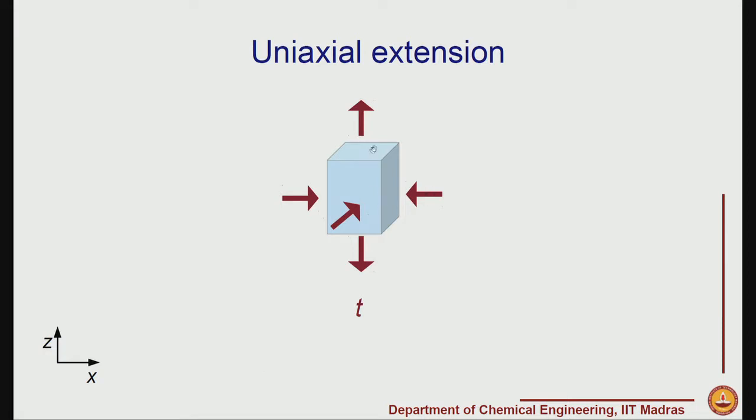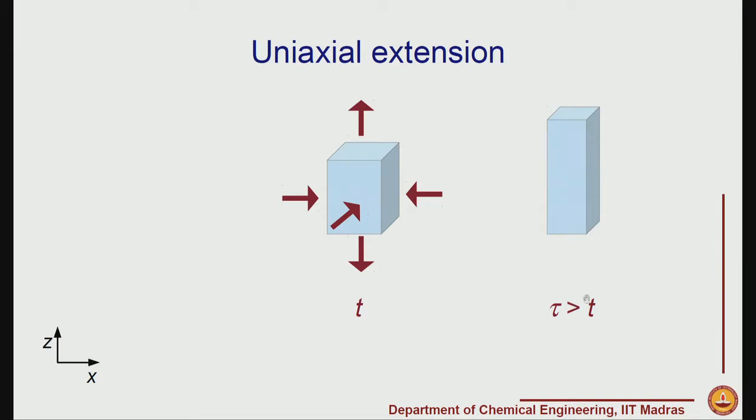this kind of setting where we are talking about a cuboidal block of fluid, and when it is subjected to uniaxial tension we are basically pulling it along the z direction. Since we are pulling it along z and it is an incompressible fluid, it will flow in the x direction as well as the y direction. Now, if you take a snapshot of this fluid some time in the future, it would have extended in the z direction, so it would have become much elongated in the z direction,